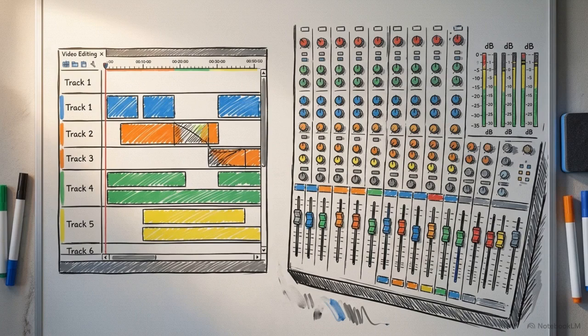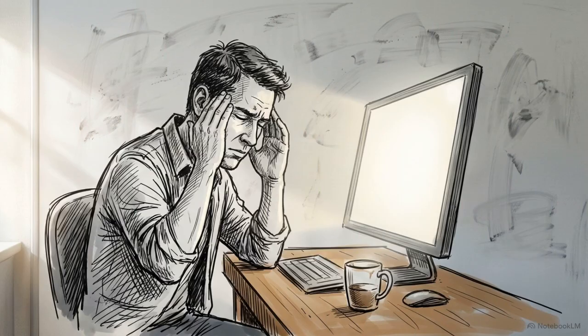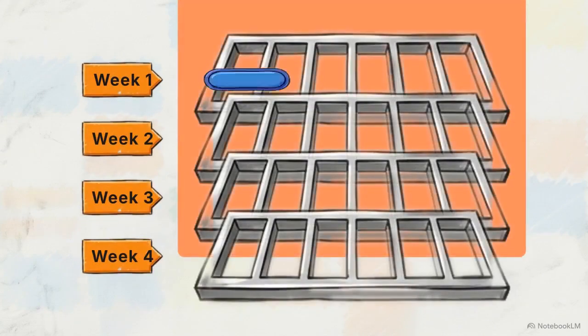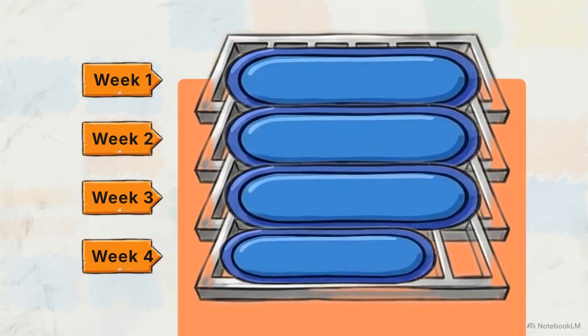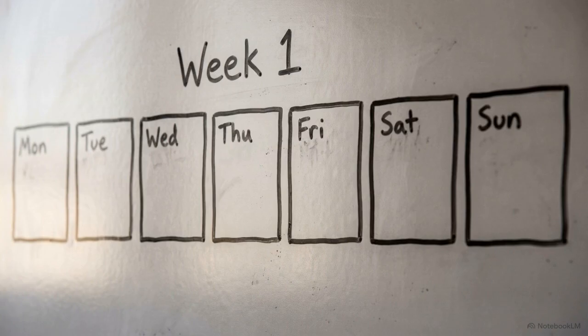By focusing on only one component per week, such as learning timeline tools in week 1, then basic audio mixing in week 2, you prevent the mental exhaustion that usually causes beginners to quit. Dividing a macro goal into sequential micro skills isolates the variables of learning, making your progress easy to measure as the weeks pass. Now that the weekly structure is in place, we enter the operational phase by scheduling the specific daily blocks inside those rows.